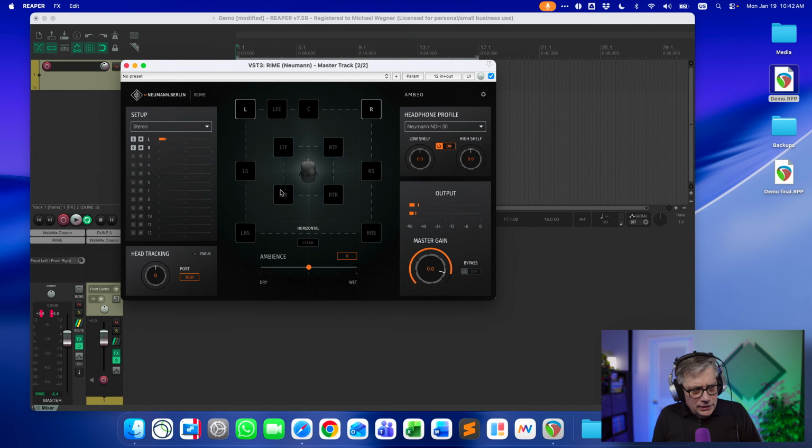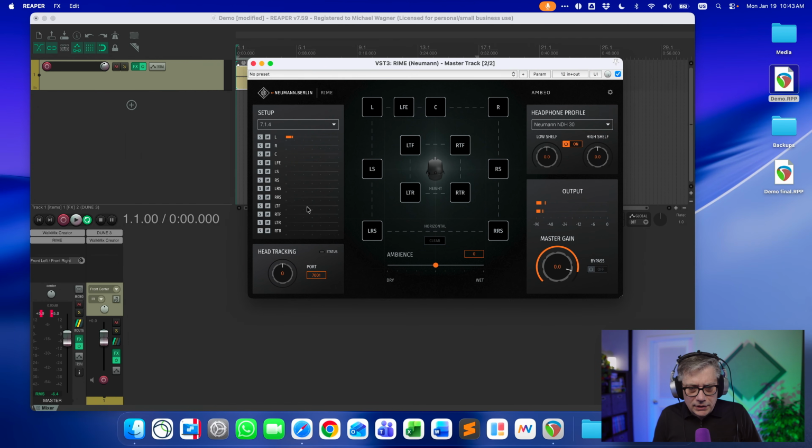And what we want to do is take in a 7.1.4 signal. And that essentially is everything that I need to do. So let me just play the audio. Now, I have not yet set up the head tracking because that is something that we need to set up separately. But we should at least hear the audio in the way it's supposed to be heard. So let me open up the Walkmix Creator again.